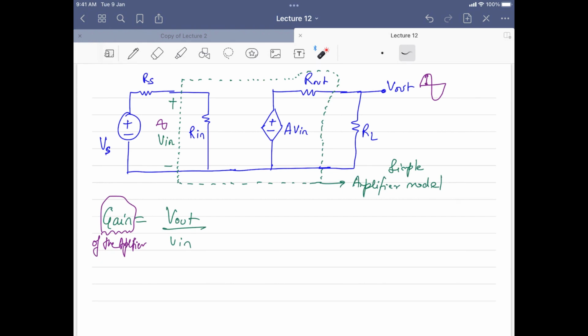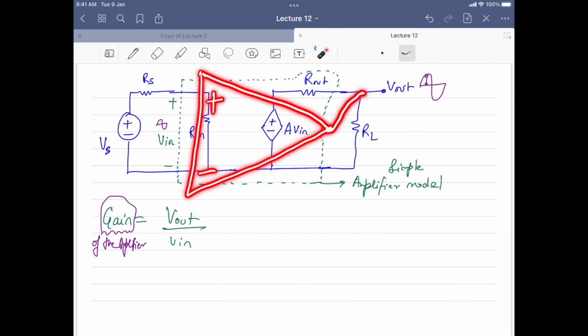Yes. Sir, here where will we connect the op amps? Where you will connect the op amp is what you are asking? Like in this circuit, you said that we use it for amplification. Yes. So where will you connect op amps? So the op amp will be connected like this here.